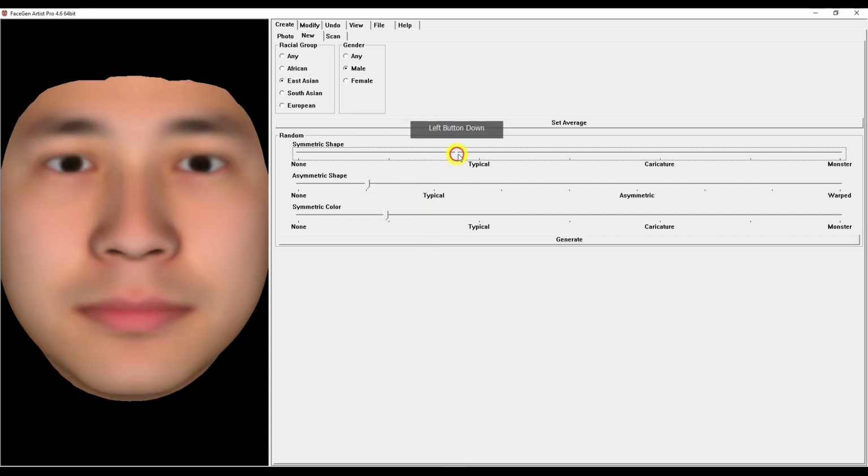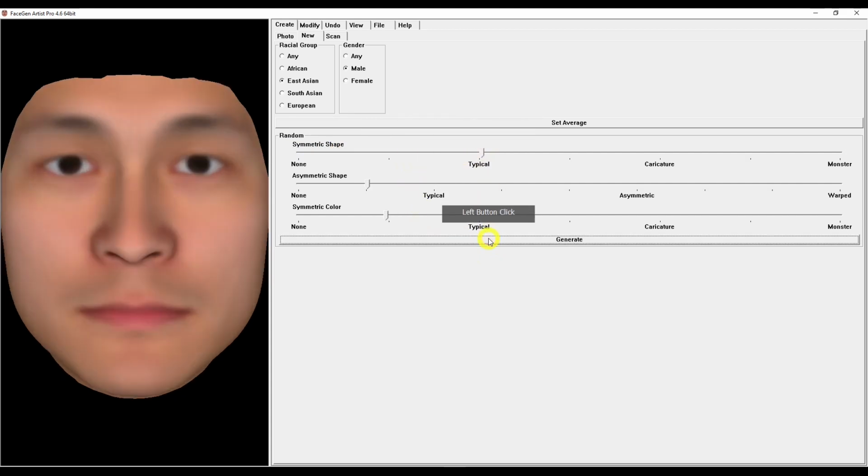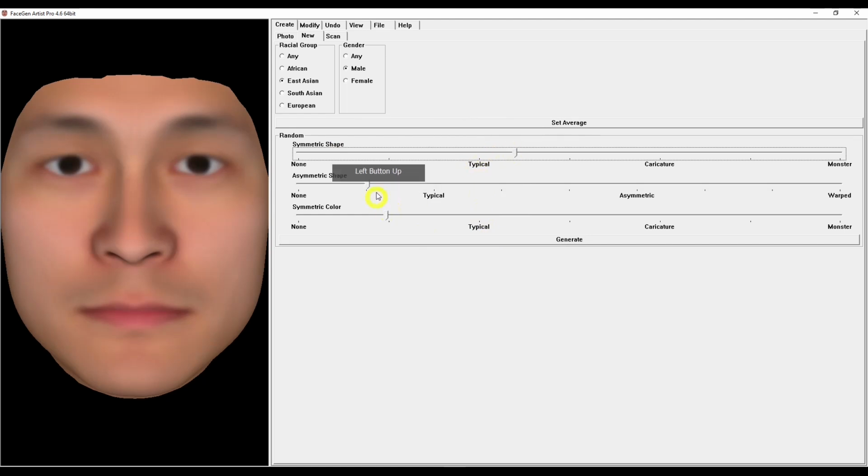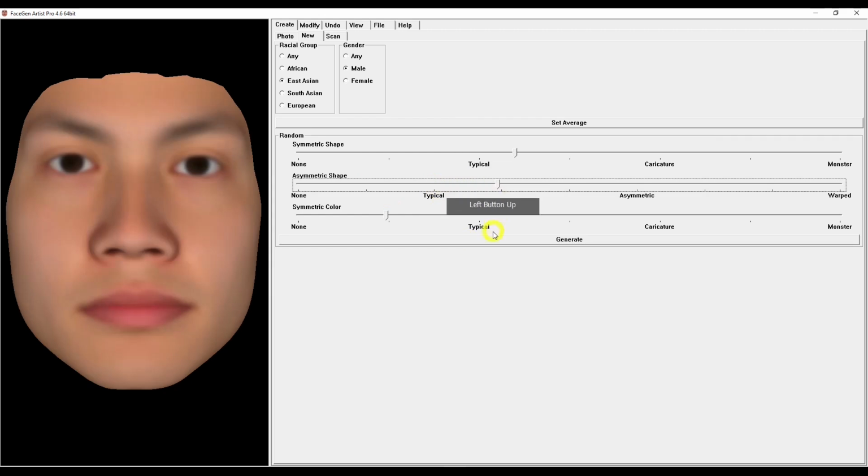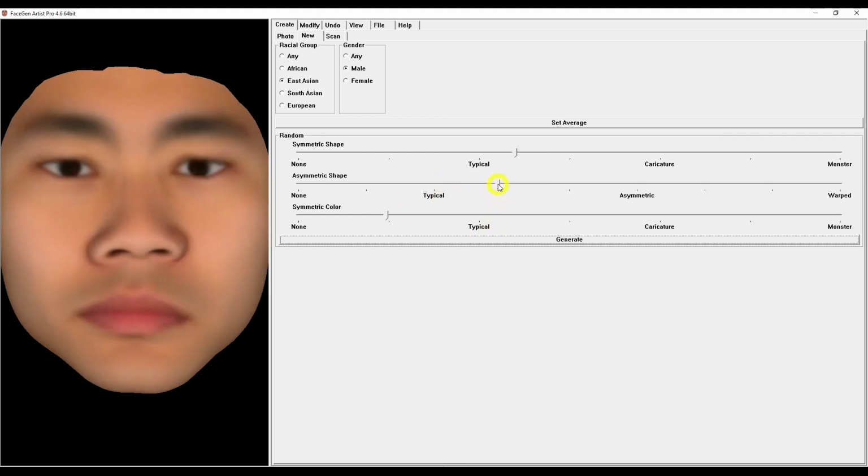Then you'll get an idea of how it works, and then you can start to experiment with, say, the second slider here, the asymmetry, and be like, okay, what does this do now? So it's a great way to understand how something works: you move one variable at a time. You understand how that variable works, and once you understand how that variable works, you can move on to the next variable, or in this case the next slider, and then you can start to create whatever shape you want